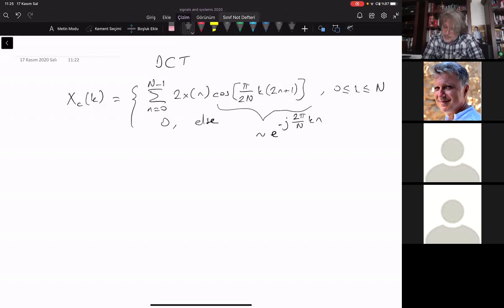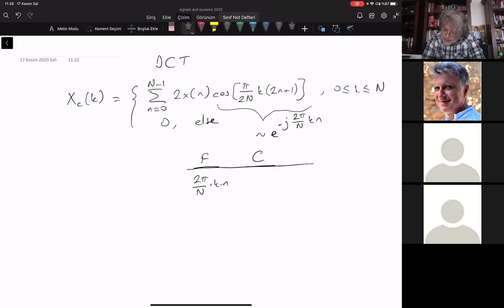The first difference is that this is cosine instead of exponential, so we are only dealing with the cosine part. We are not dealing with the j sine part, which is the imaginary part. We are taking only the real part. But not only that, the angle is also a little bit different. The angle in Fourier is 2 pi over N times k times n, and in the cosine transform,